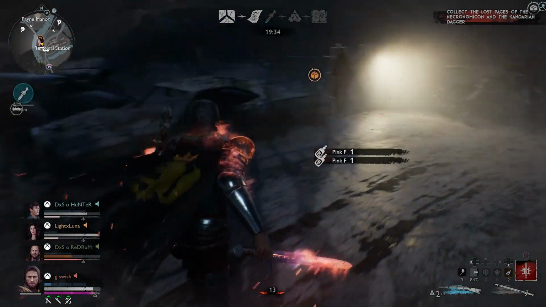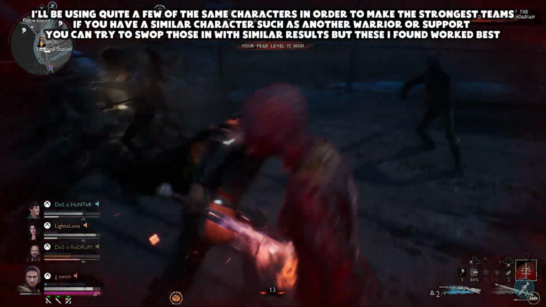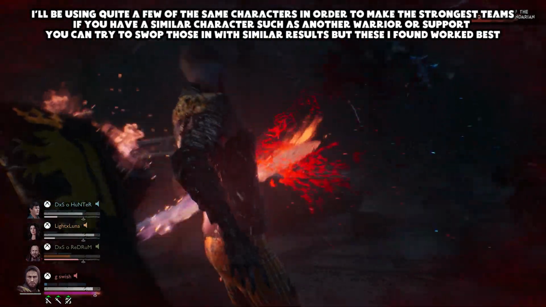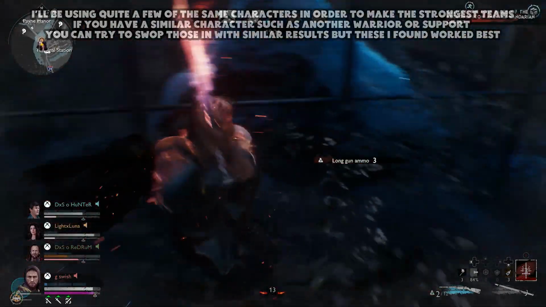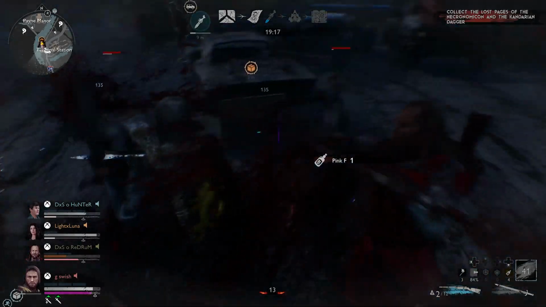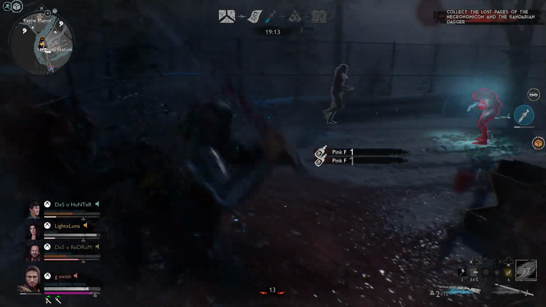But for today I'm here to show you 5 teams that work really well. Chuck the right combo of characters together and your life is just going to be a lot easier. Obviously you've got 4 different kinds of selections to make: leader, support, warrior and of course hunter. So without further ado, kicking off at number 5, this team will be starting off with none other